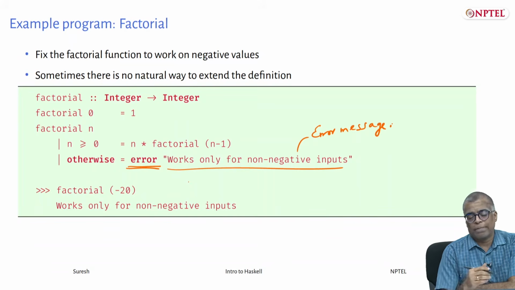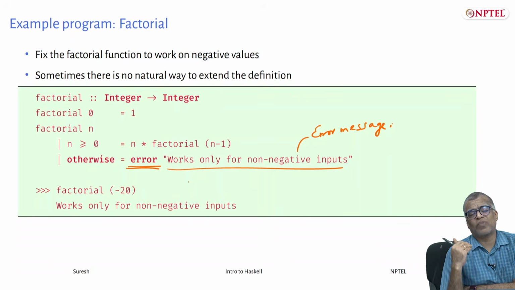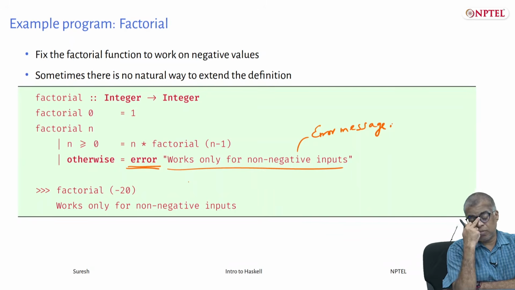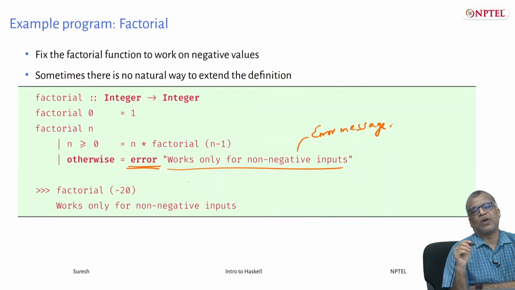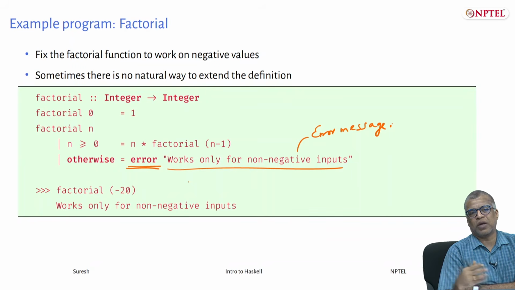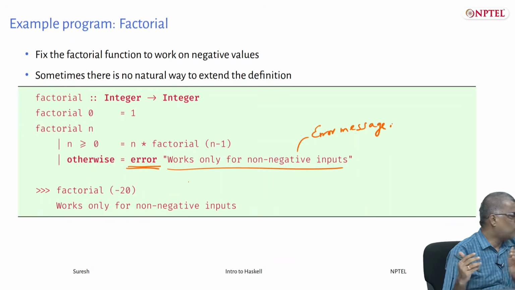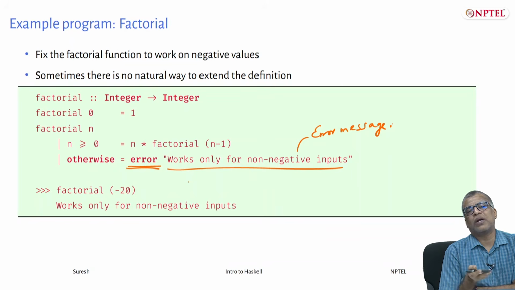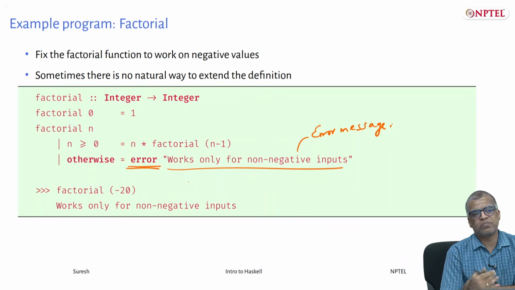Okay. So to recap, we have seen further ways of defining functions, mainly using guards, and then we looked at why in Haskell you write the types of functions as Int arrow Bool, etc., because in Haskell every function has only a single argument. And we looked at sectioning, which is a useful trick which you can use sometimes as part of more complex expressions. And finally, we have started looking at recursive definitions.